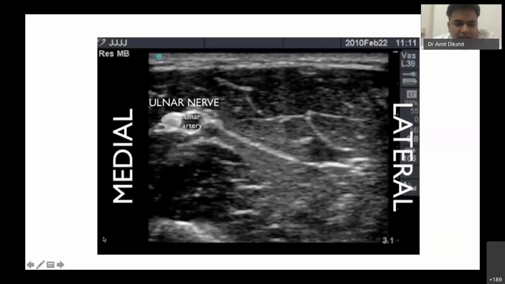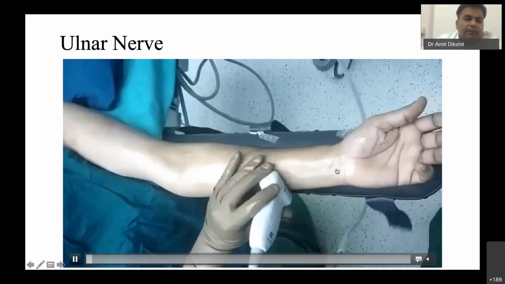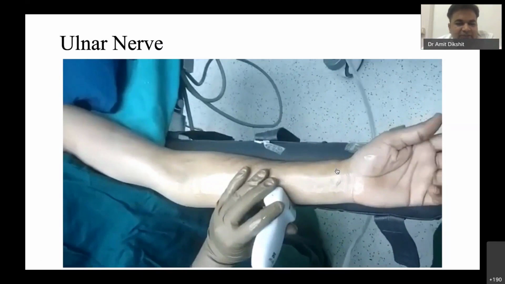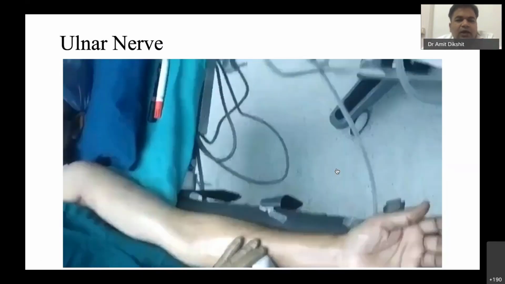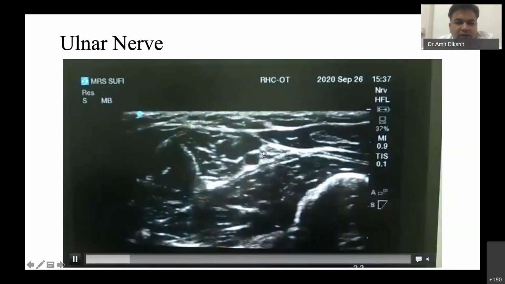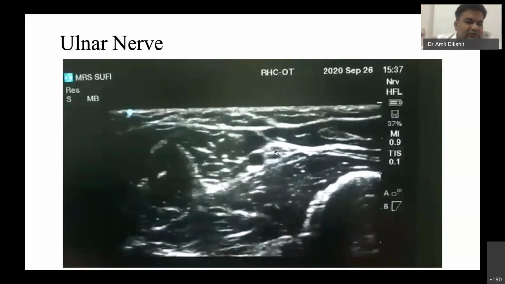So the good thing about the ulnar nerve and the median nerve is that they are always accompanied by some arterial landmark. Median nerve is easy to identify, but with ulnar, you just place the probe over the ulnar artery at wrist level, and then try to trace it up. So you can easily identify the ulnar artery, which is nice and pulsating, and just medial to the ulnar artery is the ulnar nerve. You can see the honeycombing structure, and that's the ulnar nerve. You can trace it up. This anatomical relationship is quite nice.